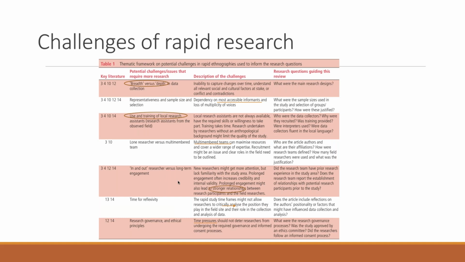I've talked already quite a bit about team members, managing data collection as a team, but also training team members with different levels of expertise. And I think one of the key things to consider here as well has been, like I mentioned before, this reputation that rapid research has, that it tends to lose, I guess, its critical angle, or it tends to be atheoretical, or research cannot engage in reflexivity because of time pressures. However, in our experience and also reviewing some of the literature, we've seen really, really interesting pieces of work that have taken on a rapid design and have still maintained that theoretical and critical, I guess, lens.